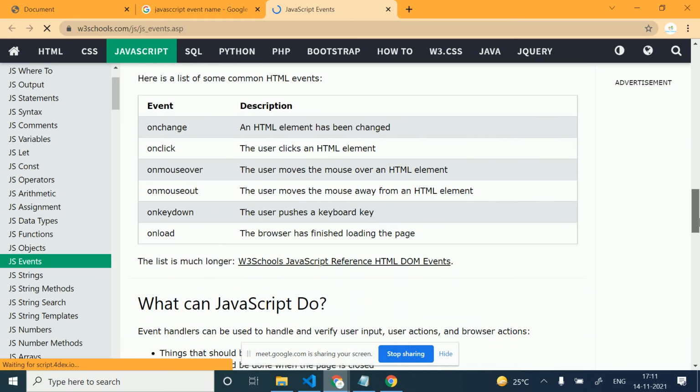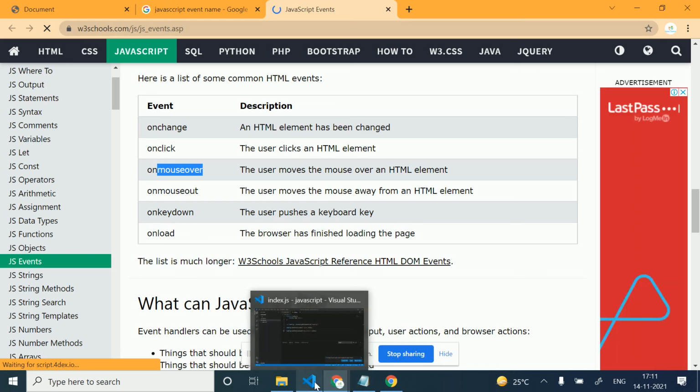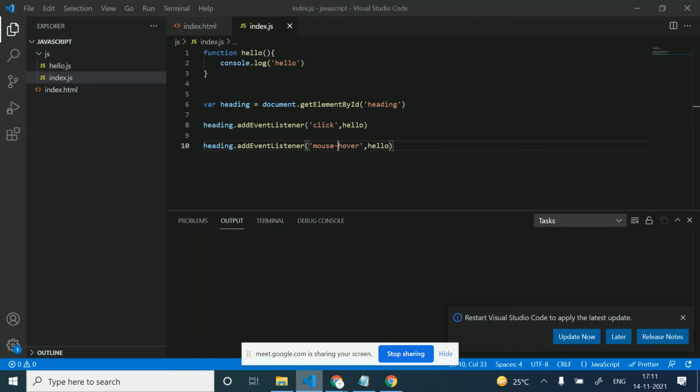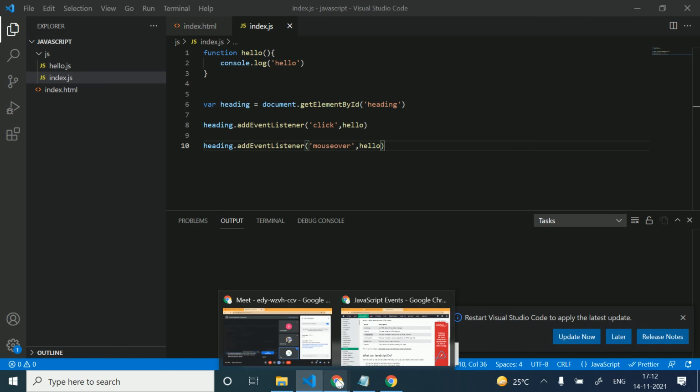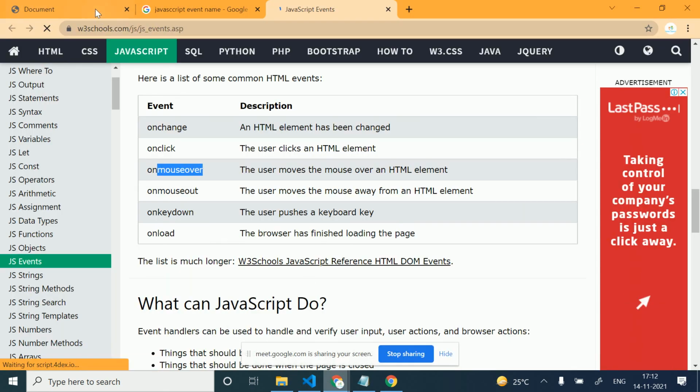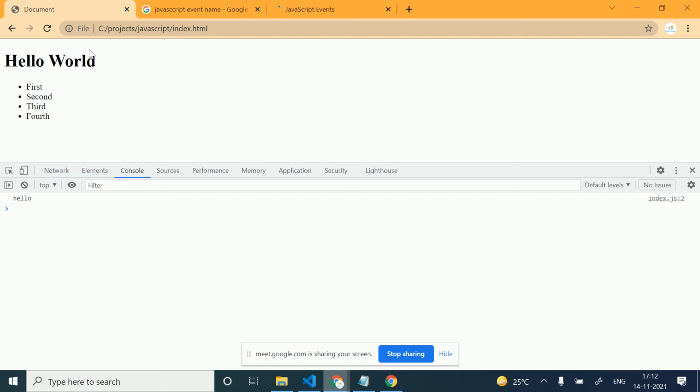Mouseover, okay, I'm just using this mouseover. So mouseover, now you can see this. Mouseover is working, and mouse click is also working. This is updating now, you can see the count here.